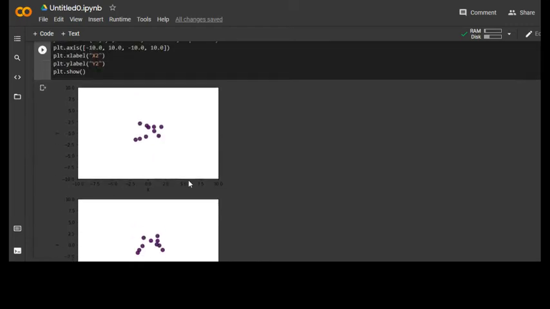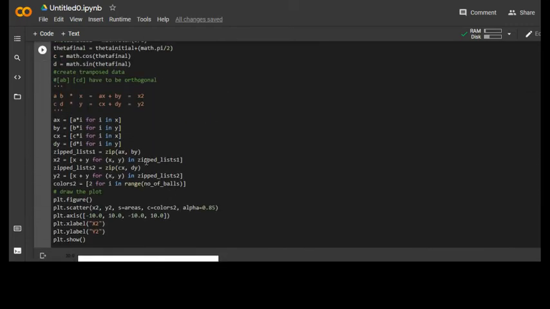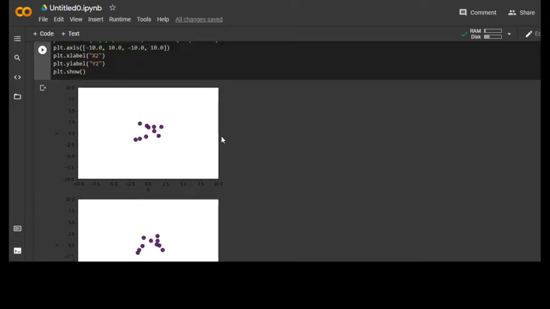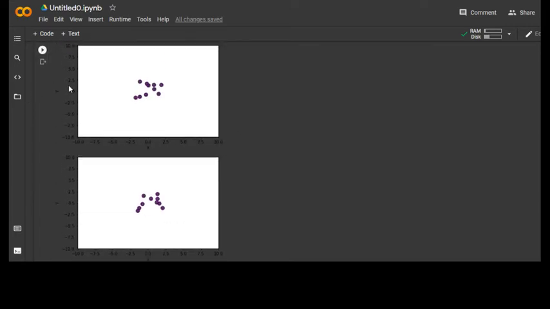The orthonormal matrix is also randomly generated, just to spice it up a little bit. But if we run this a couple of times,